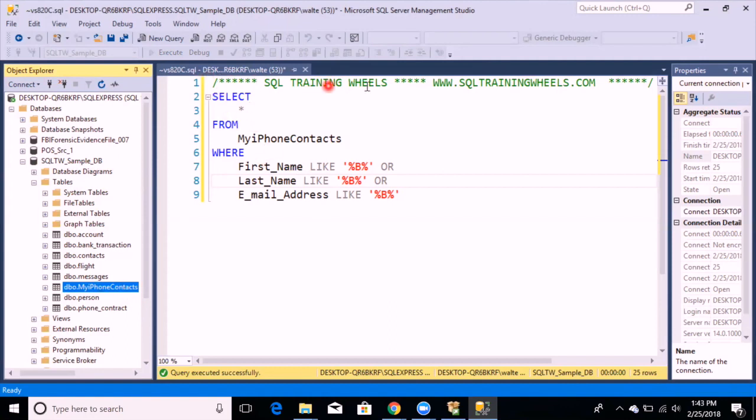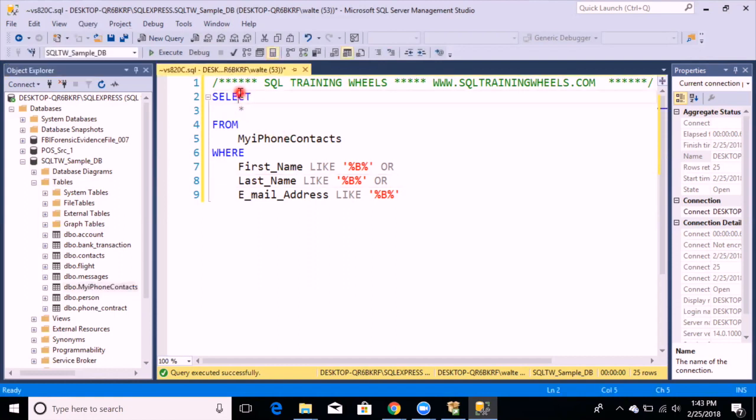To the right here in my little canvas, this is where you compose SQL statements, just like this. So this is what you call a SQL statement. It has a few keywords that you see highlighted in blue. But what happens when I run this? So when I hit execute,